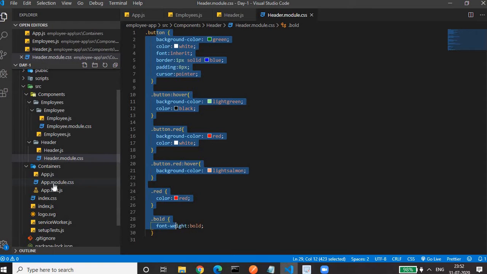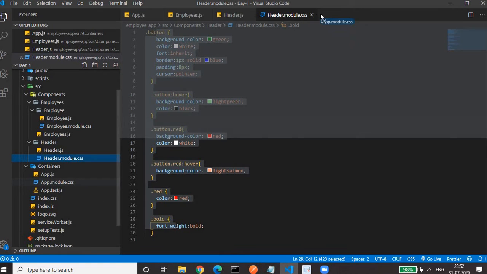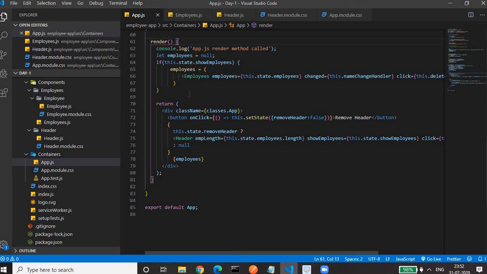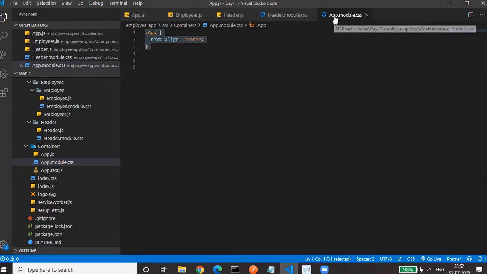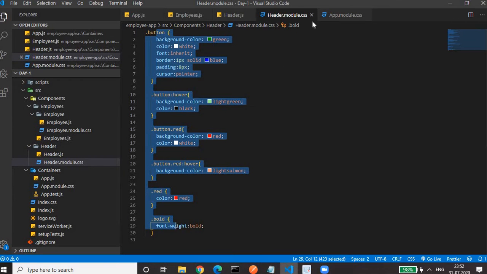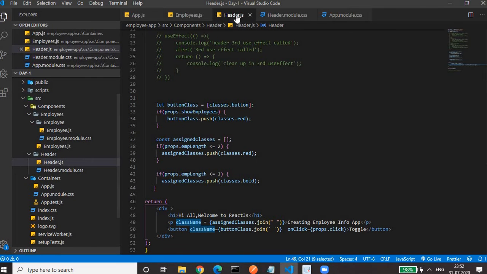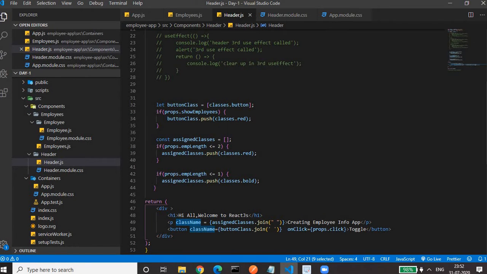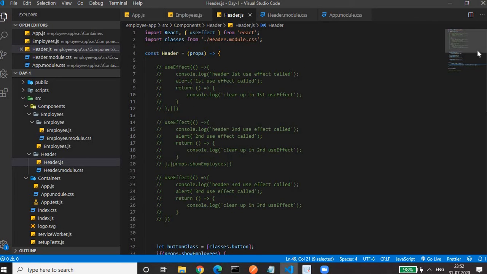If I remove app.module.css file, it contains only one class, the class that we are applying to the enclosing div tag. That's it. The rest of the CSS I moved to the header.module.css file, because the code is now moved to the header.js file. So the corresponding CSS we have to move to the header.module.css file, and we have to refer to this file using the CSS module approach.